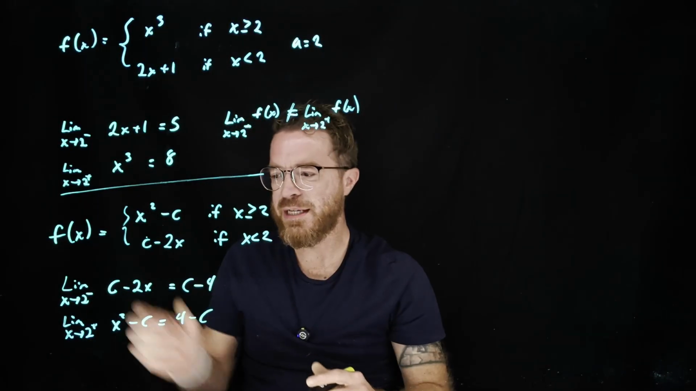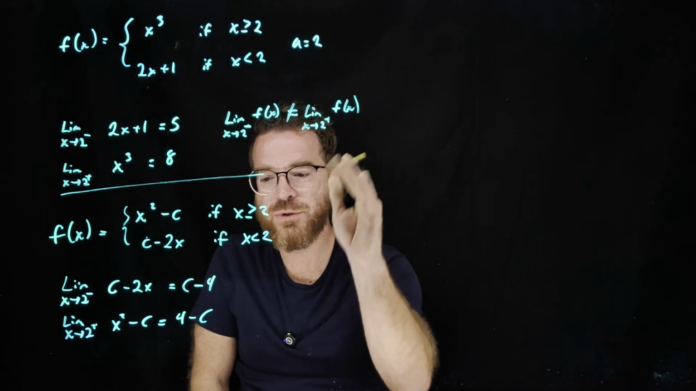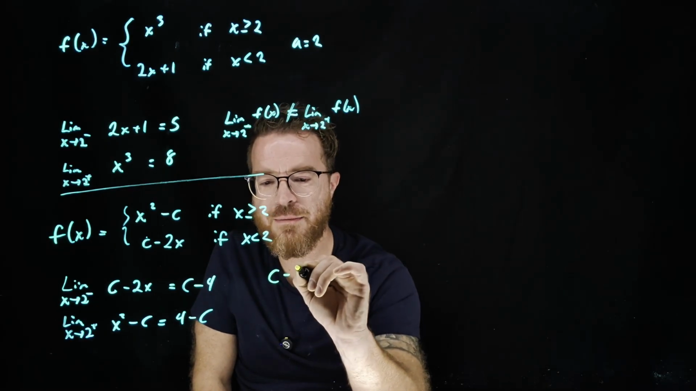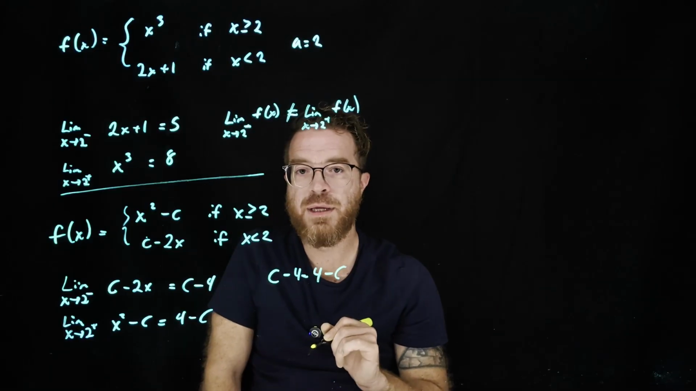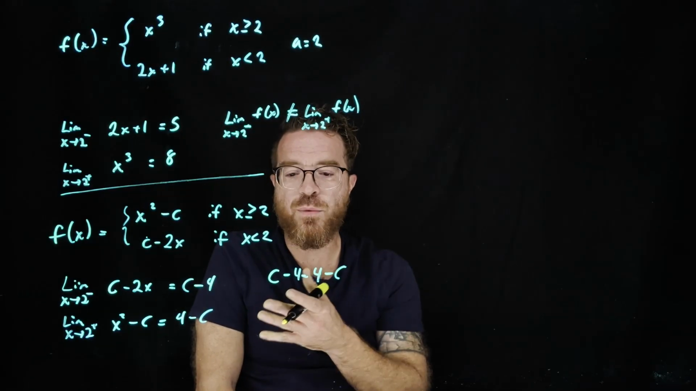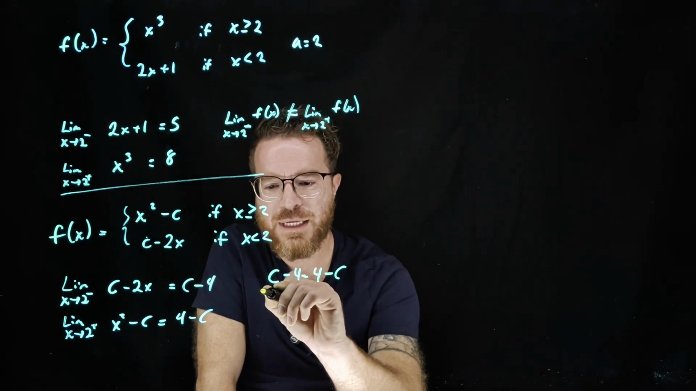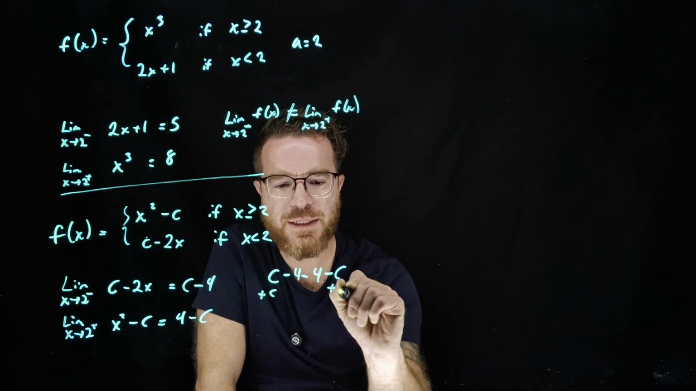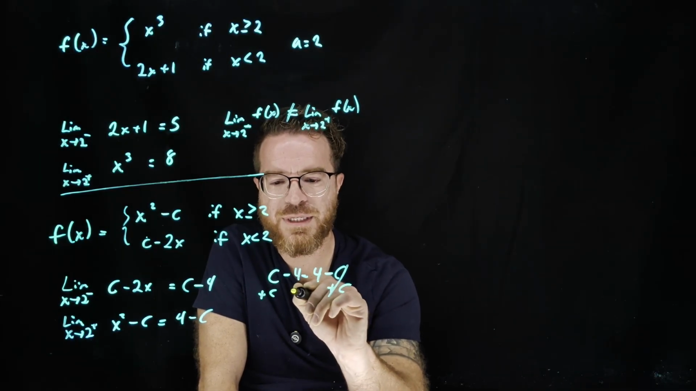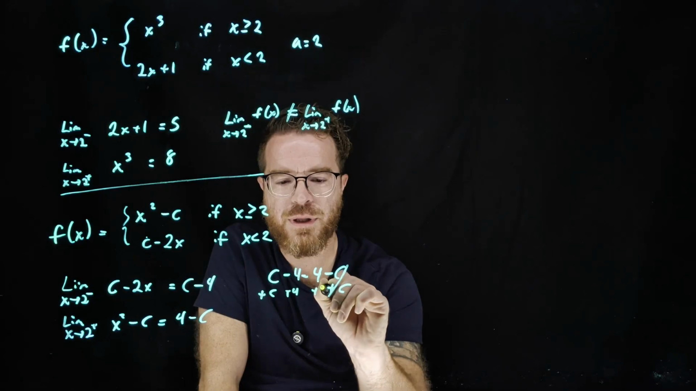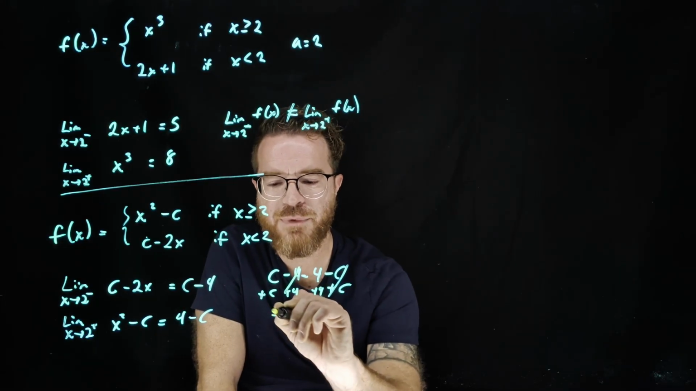So then what we're going to do is set our left-hand limit equal to our right-hand limit. So we're going to say c minus 4 equals 4 minus c. Then I'm going to get my c to one side, so I'm going to add c to both sides, plus c, and add 4 to both sides, plus 4, and this is going to leave me with